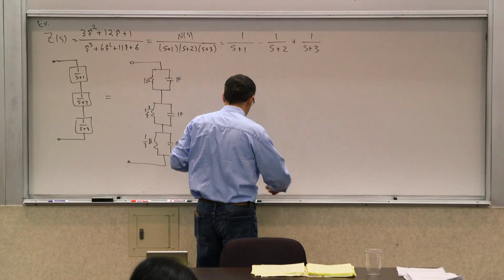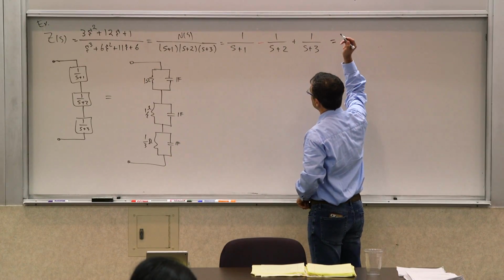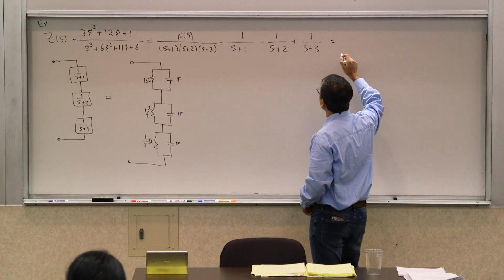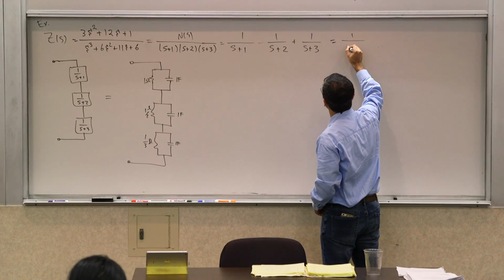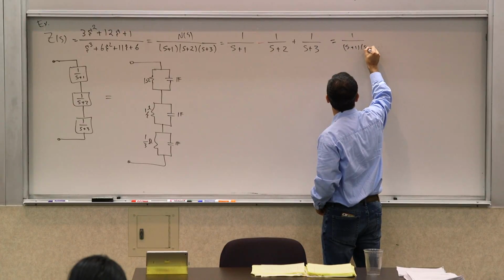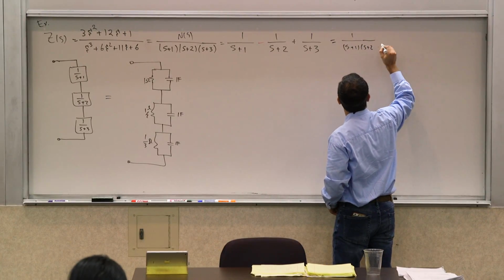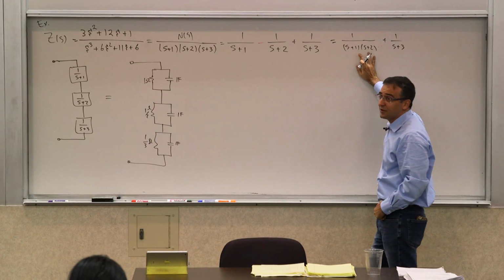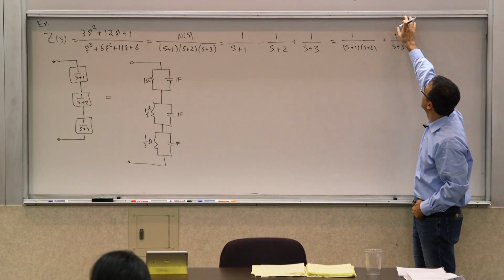Okay, you may be able to play games with this. I don't know. I haven't even thought about this, but let's see. I would actually try these first two, right? Because that would give you a 1 over s plus 1 times s plus 2, right? Plus 1 over s plus 3. And then you may be able to generate this off of what? Off of,